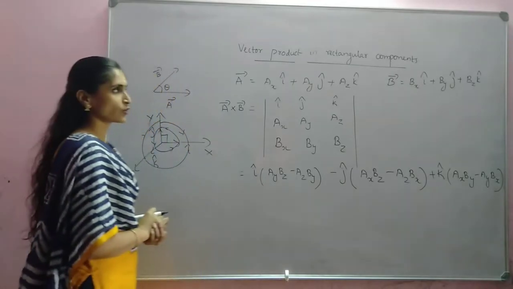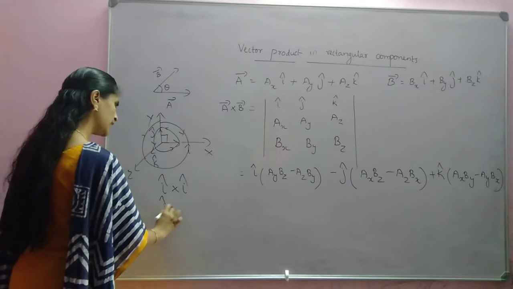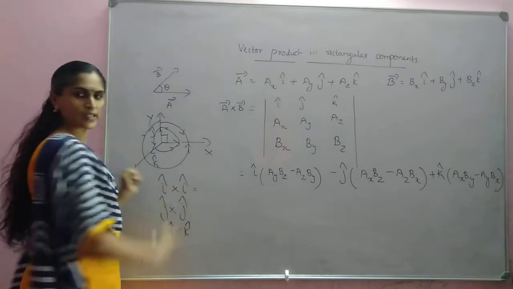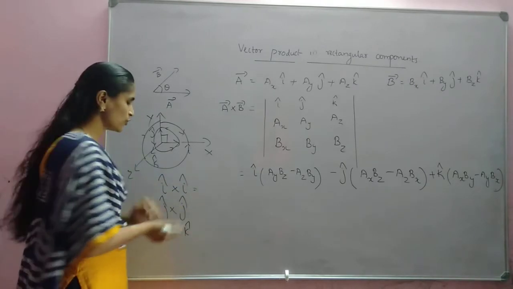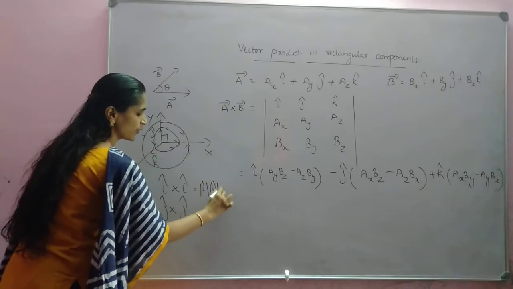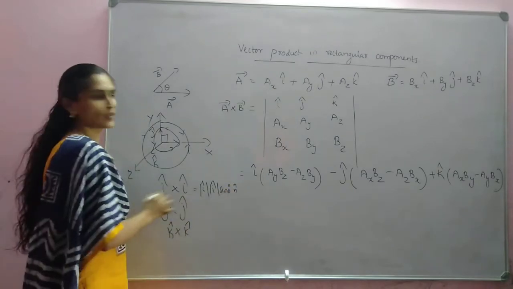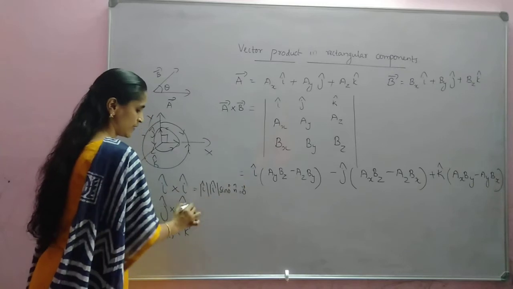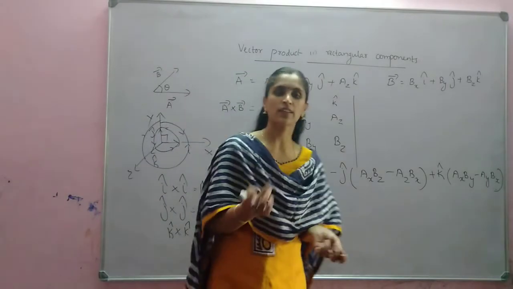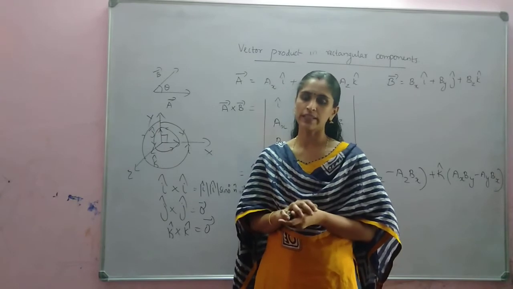I cross j and j cross k, everything we have written. And what is i cross i? What will be i cross i, j cross j and k cross k? I cross i will be modulus of i into modulus of i into sin 0 into the unit vector n cap, whatever it is. Sin 0 is 0, so you will get a 0 vector. So here all you will get a 0 vector. I cross i will be 0 vector, j cross j will be 0 vector, and k cross k also will be 0 vector. Understood? Is it clear? Okay.